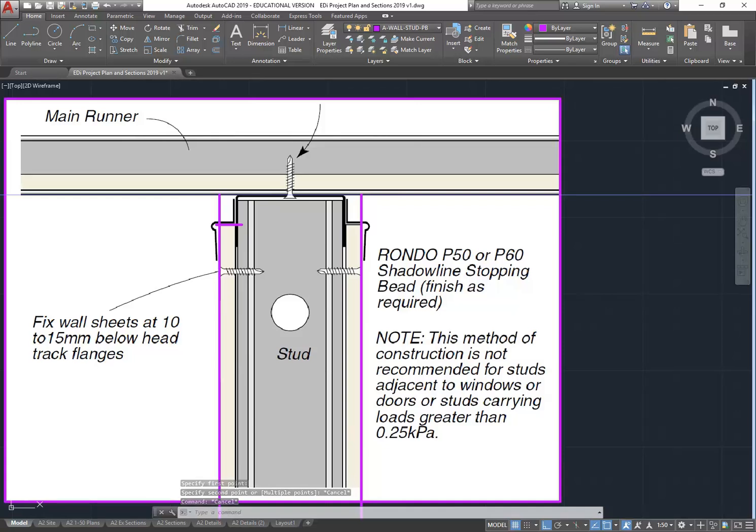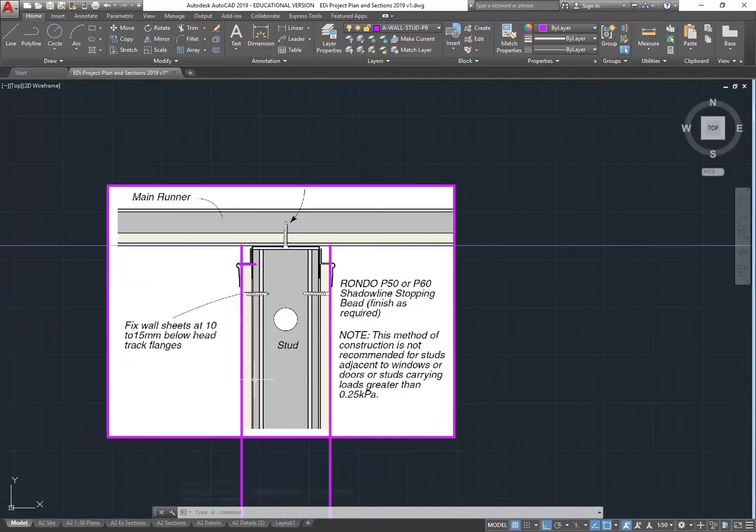Now, if you specify 13 mil plasterboard, you probably should draw it 13 mil, but no one will really notice if it's 10 mil in your drawing and you specify 13 mil. So that's what I'm going to do, just to make the drawing a bit easier. So I'm going to offset 10 mil from either side of the plasterboard inwards,